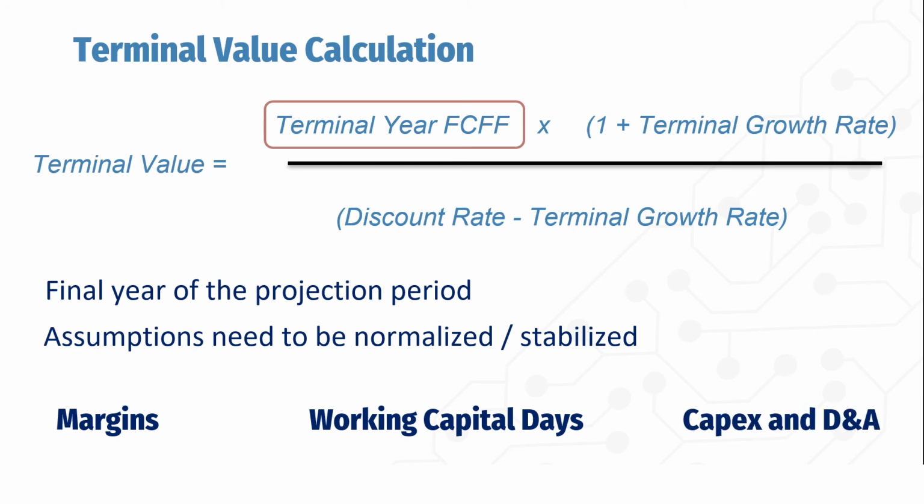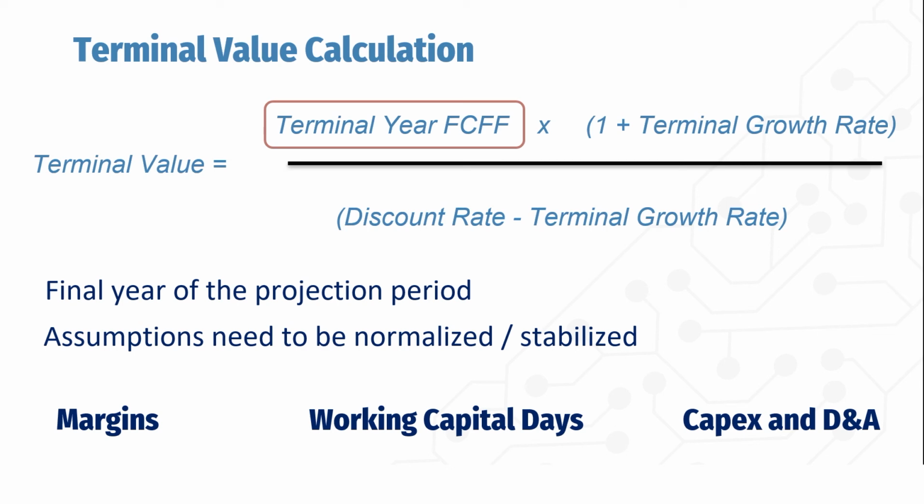Next is capital expenditures and depreciation and amortization in the terminal year. And a good indicator to analyze is the fixed asset turnover ratio, which indicates the level of fixed assets required to support sales. We discussed this in an earlier session on how to derive the financial projections, so I won't talk about this here, but I just want to make the point that similar to how you have normalized margins, ensure that your terminal year capital expenditure results in a fixed asset turnover ratio which makes sense when you compare it to historical years and when you compare it to your comparable companies.